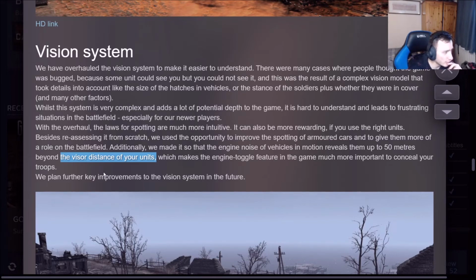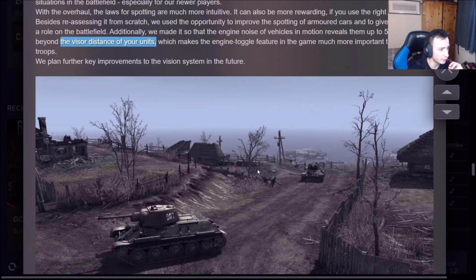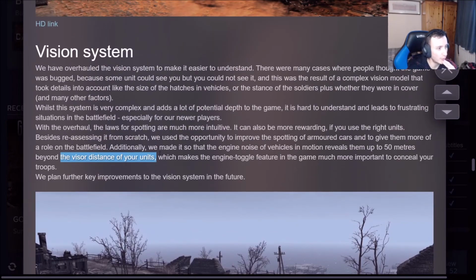We plan further key improvements to the vision system in the future. I do like that feature though. I kind of know what it means, I think, but I'm not 100% sure. But I do very much like this. It does give a fair balance to vehicles now, so they're not detected as easily, and it actually gives it a realistic